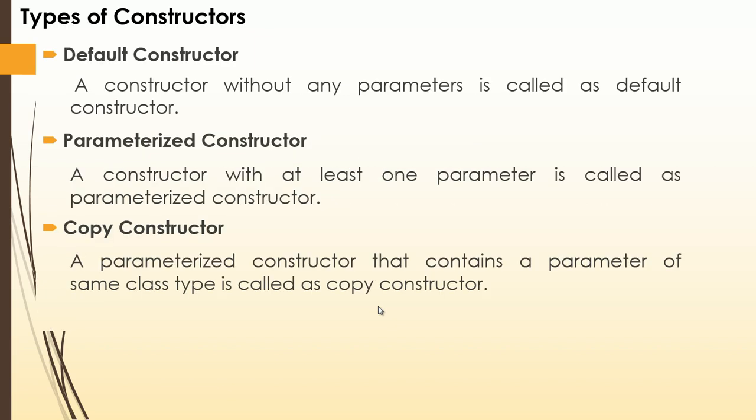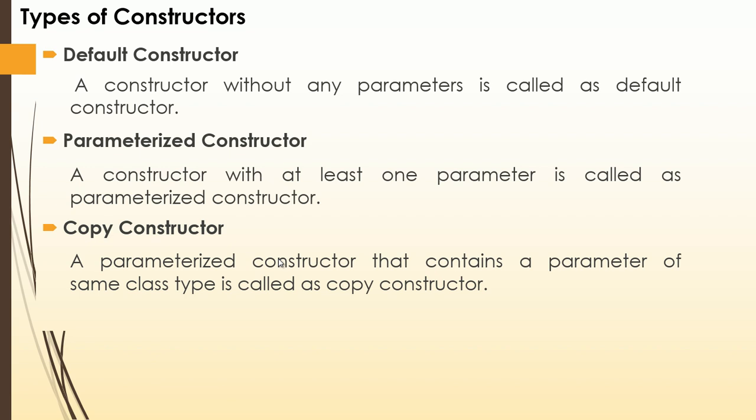It has different types. The first is the default constructor. Whenever you write a constructor without any argument, without any parameters, it is treated as a default constructor. If we use at least one parameter or at most any number of parameters, then it is called a parameterized constructor. And you can directly use a copy constructor. While using a default constructor or parameterized constructor, we have to call the constructor by using the new operator. But in the case of a copy constructor, we can directly declare the object like a variable and directly initialize the data of any other object to the given object. It is known as a copy constructor.